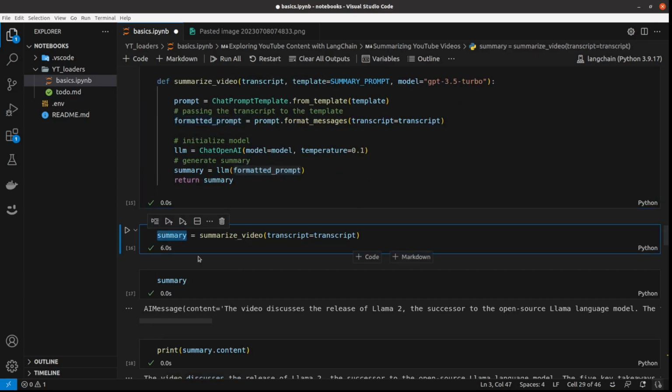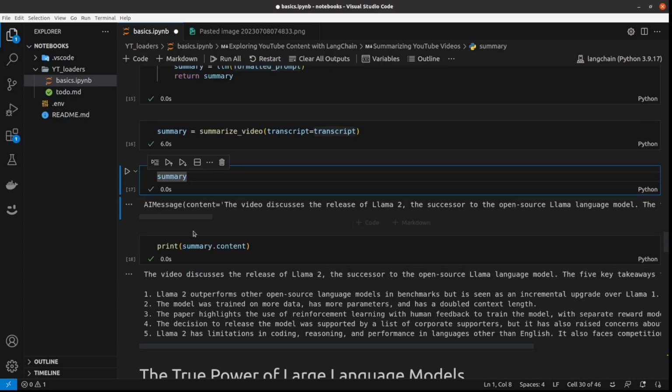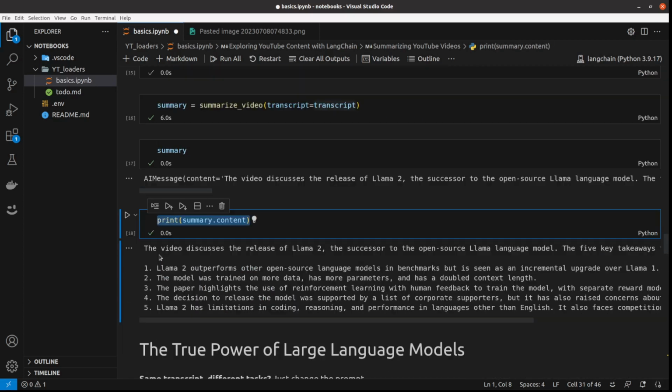Yeah, and then having this summary, I call the function with the transcript from our video, and the summary returns the AI message with content, which is the summary, and some additional data which isn't really important right now. So I'm printing the summary,